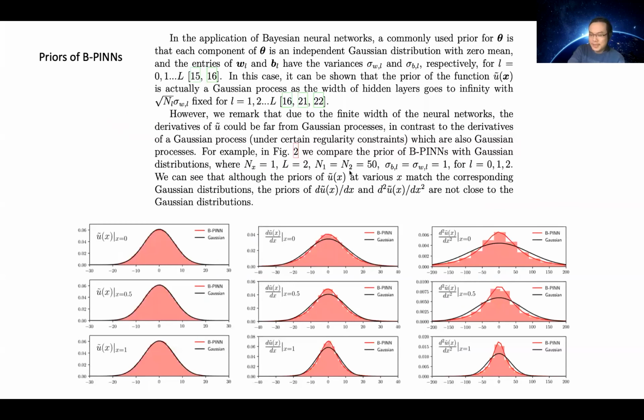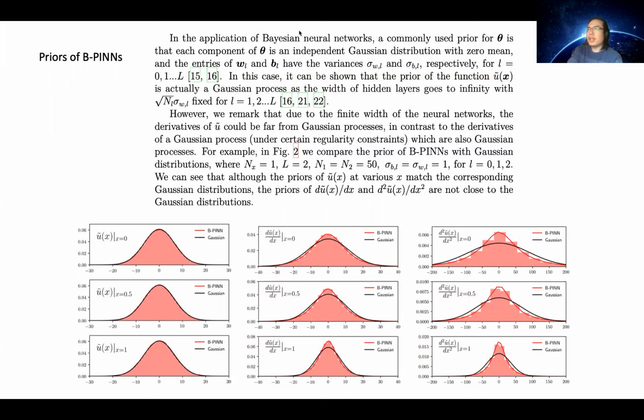Okay, we'll put the prior last, because the prior of the neural network is actually a very, very difficult problem, I should say. Honestly, I've seen a lot of papers discussing how to sample the posterior, a bunch of papers talking about Hamiltonian MC, stochastic Hamiltonian MC, and other versions of variational inference. Literally a lot of versions of variational inference. But I've seen few papers discussing the prior of B-PINNs.